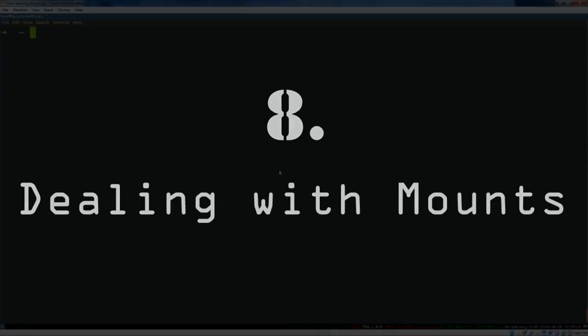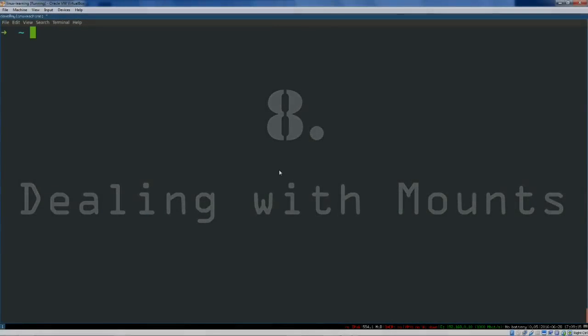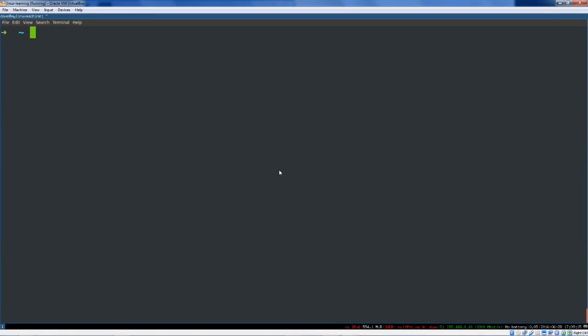How would you mount some kind of new volume? Let's say a new hard drive partition that you've just plugged in. Let's say a USB stick. How would you mount that in your system? Well, Linux will generally have a directory called mnt on root, and that is the canonical place to mount things. So to mount a new volume,